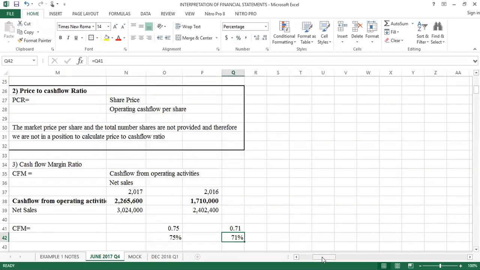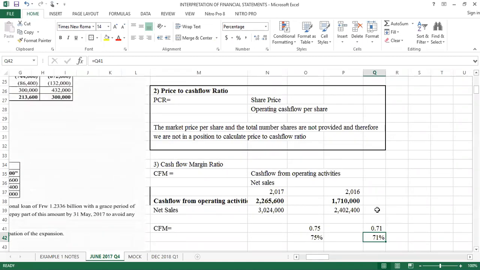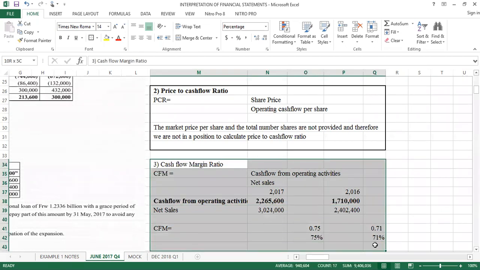Somebody to help me in interpretation of that. What does that mean? In other words, the cash flow from operating activities in proportion to sales. The cash flow margin was 75 what? Percent. The cash flow margin was 75%, and this other side it was 70%. The cash flow margin